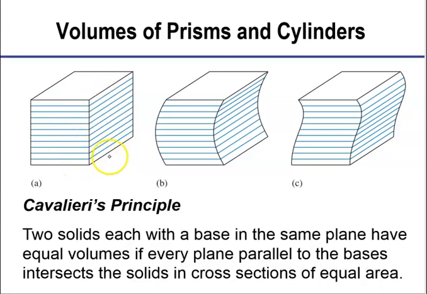So this is like a right prism, right? Or a rectangular solid is what you see. Well, if this was leaning to one direction or another, those cross sections are still going to be equivalent in area to if it were straight up and down like this, and that means they